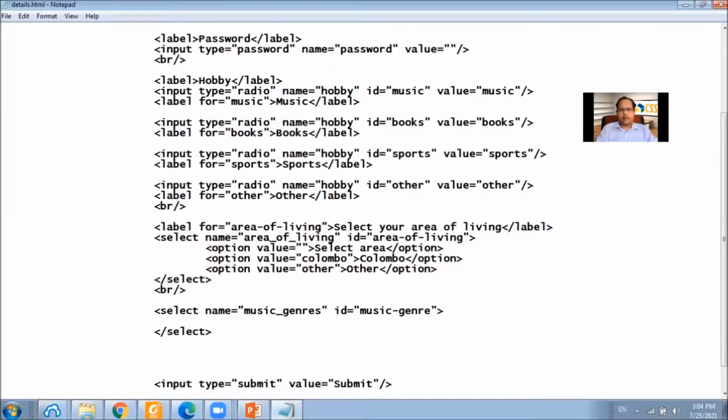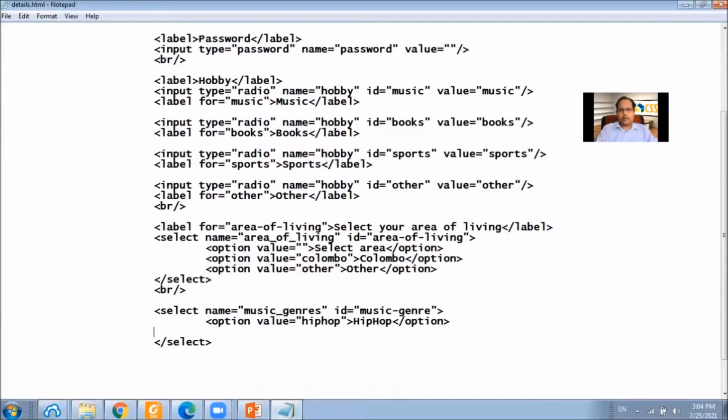We'll give 3 options. In this case, we will give first option as hip hop. And another option, classic. And another option as pop.